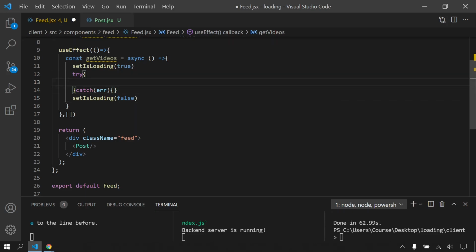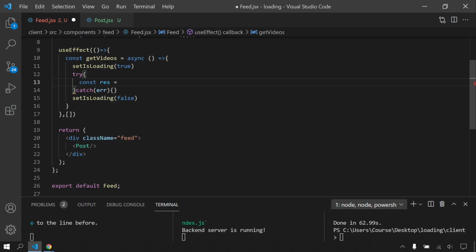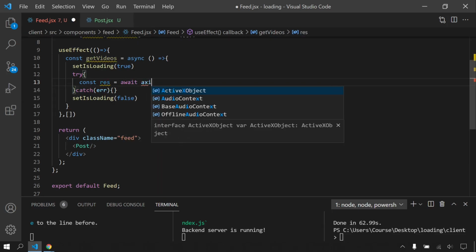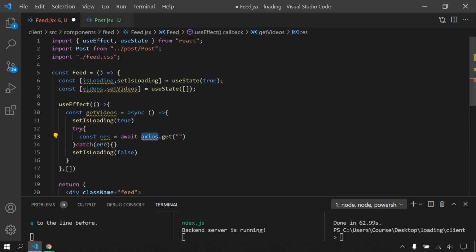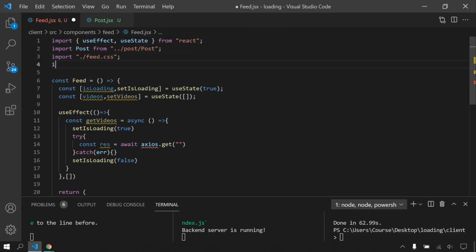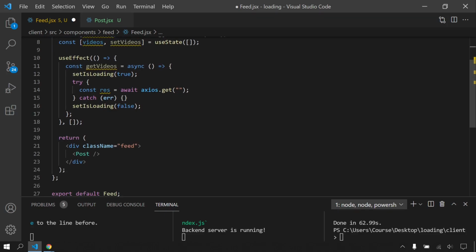Okay, so what I'm gonna write here, I will say const response, because this get request is gonna return us a response. I will say await axios, and it's gonna be get method. Oops, why it didn't import? Okay, let's import manually. Sometimes happens. axios from axios. Okay.